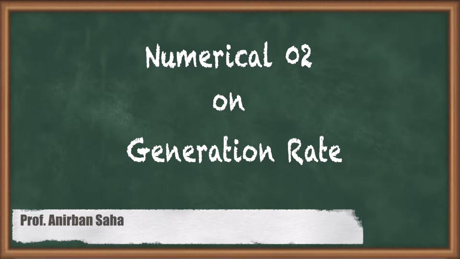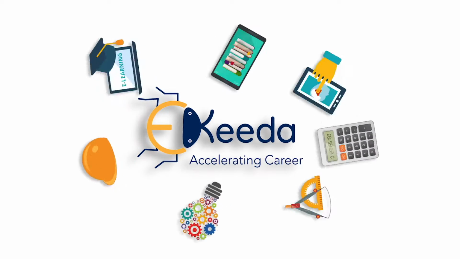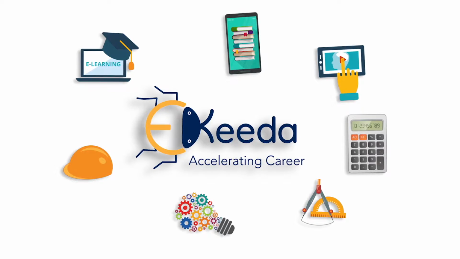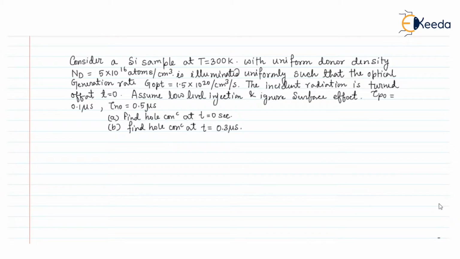Hello friends, in this video we are going to discuss a numerical on excess carrier concentration. In this numerical, it is given that consider a silicon sample at T equals 300 K. That means the silicon is placed at room temperature, 300 K, with uniform donor concentration. And the donor concentration is given by Nd equals 5 into 10 to the power 16 atoms per centimeter cube